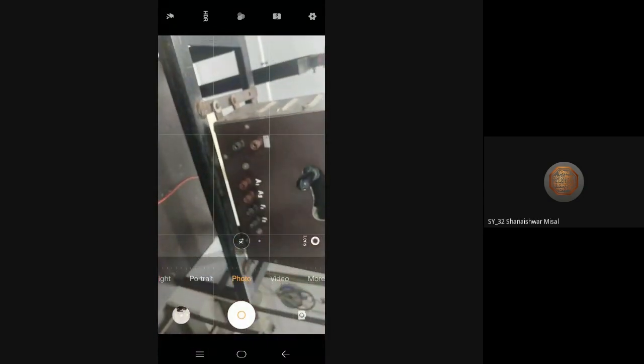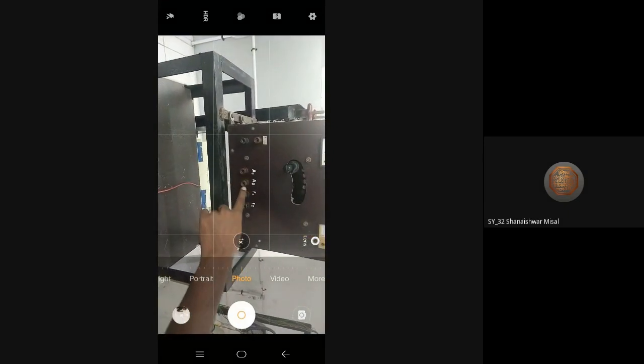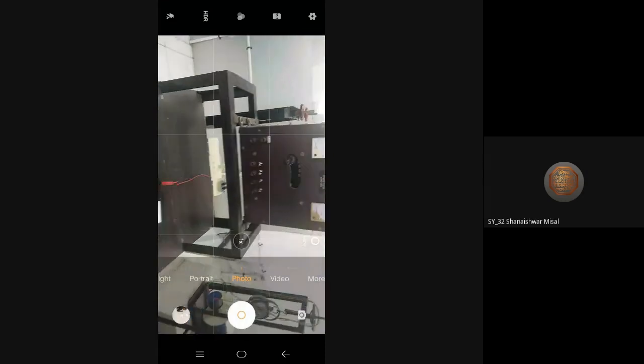So now what we have to do? First of all, we will give the input here. Then we will take A1 and give it to the DC motor. Then A2 also we will connect. Then F1, F2 we will connect. So initially, what we will do? We will just connect this to the L. This is my L.